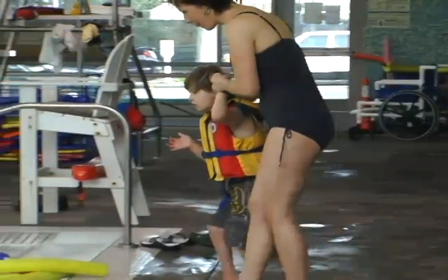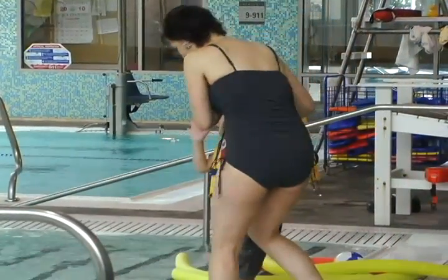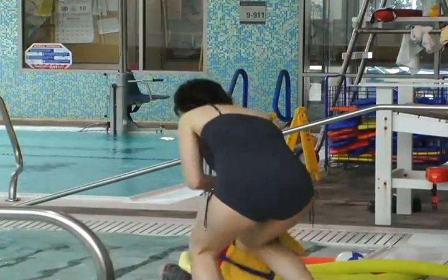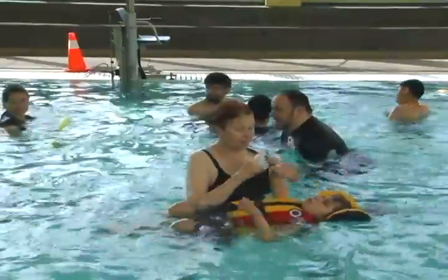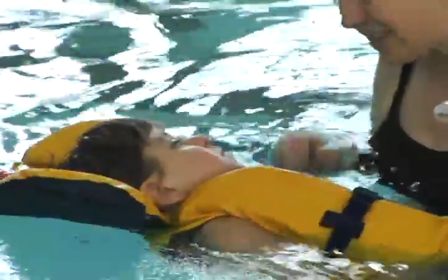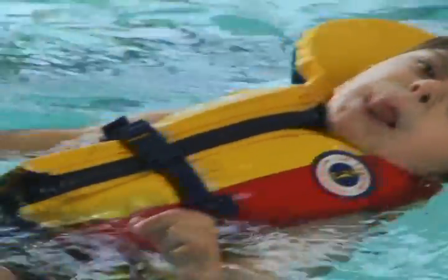But I've never seen a kid that never made gains. In the very beginning, we tried to get hydrotherapy, and the city said that it wouldn't help him, so they weren't going to recommend it for him. And so then we had to pay out of pocket for hydrotherapy for a while, until my husband and I decided to fight the district on it, because it was starting to get too expensive, and we noticed how much it was helping him, and we were going to continue. In the beginning, we thought, well, we'll try it, we'll pay out of pocket for a while, and if he doesn't really enjoy it, or if it doesn't help him,